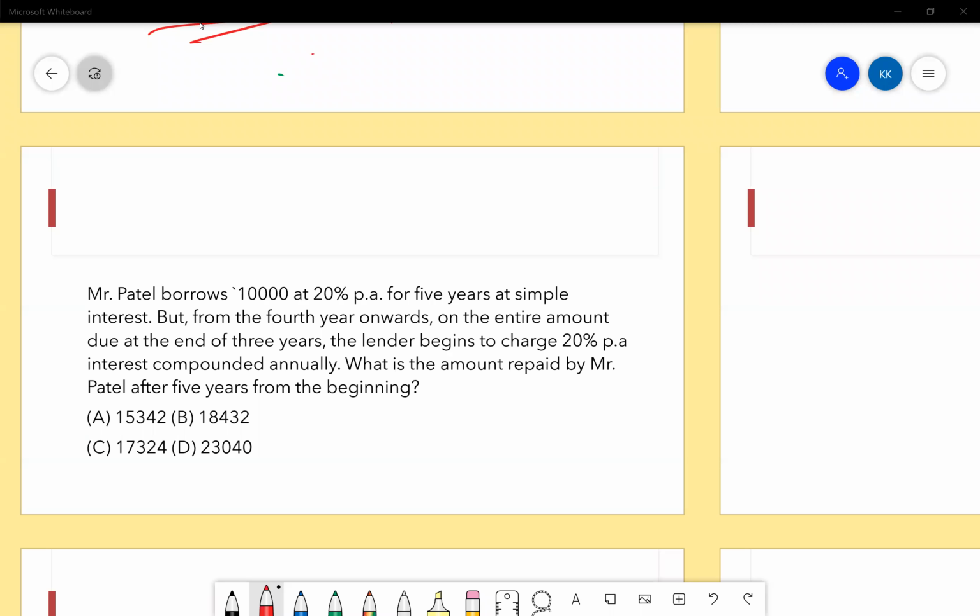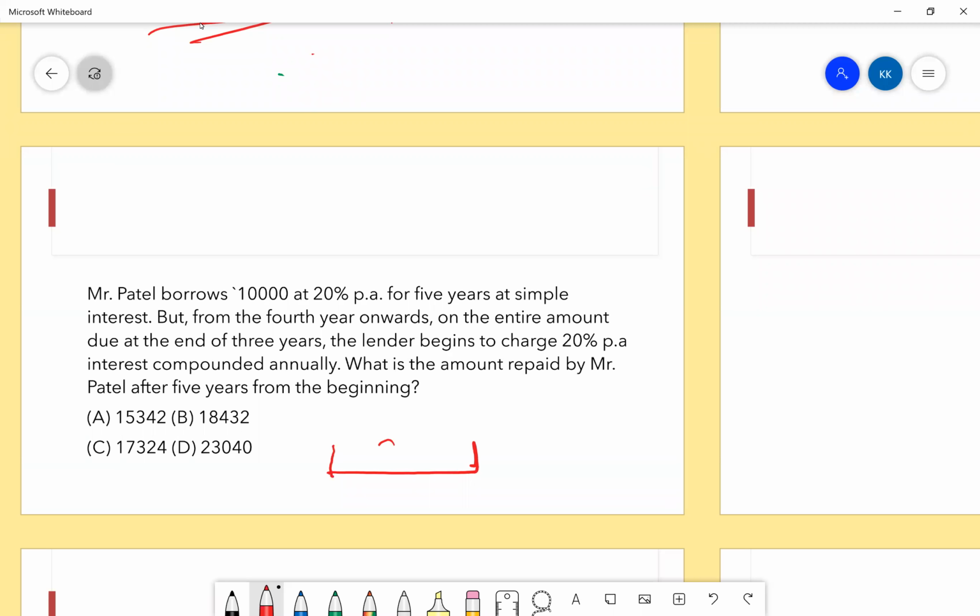Aditya, you will know it using the simple interest formula. That's how the question mentioned it. If you guys are confused, for the first 3 years, it's a simple interest problem. For the next 2 years, it's a compound interest problem. You have the initial principal here. Whatever you get till here will be the principal for the compound interest part, and you will get your answer.